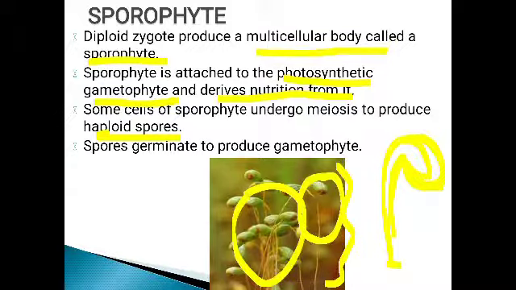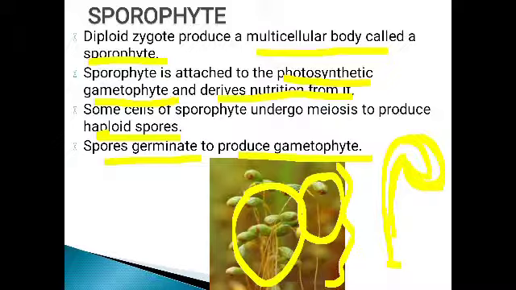Now when these spores fall onto a proper environment, where dampness or moisture is present, they will germinate and produce a new gametophyte. A new bryophytic plant will develop. Just like a seed, when it falls, a new angiospermic plant grows, isn't it? Just like that, when the spores fall onto a suitable surface, they develop into the next new plant. Which phase will be formed? The gametophytic phase will arise from the spores.